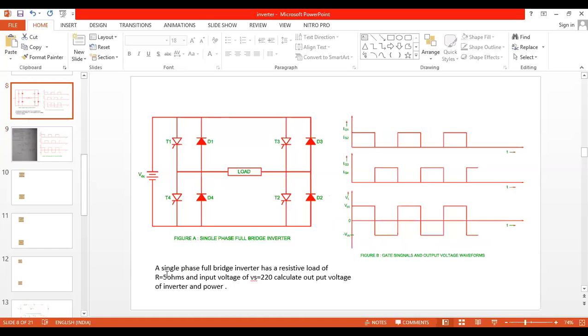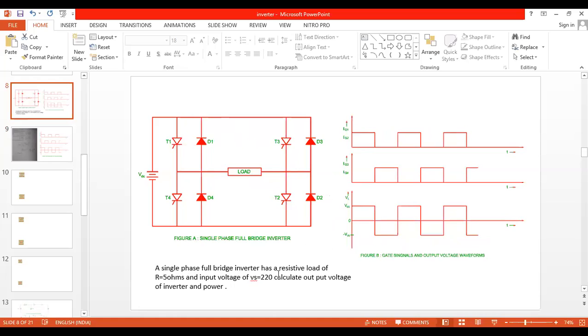All of you can see here a single phase full bridge. We are not discussing a half bridge. No need to study the half bridge, you will get confused. If you find any textbook also, directly study the full bridge. This is the full bridge inverter. Resistor load means here we will put the resistor, inductor load, motor. We have seen the explanation also.